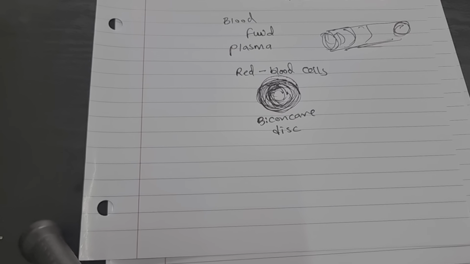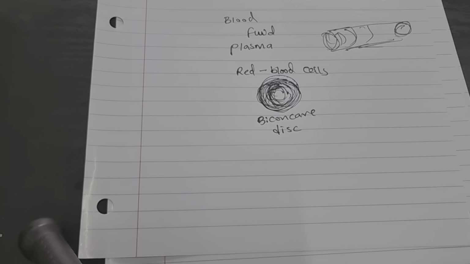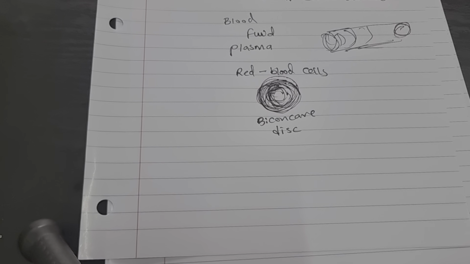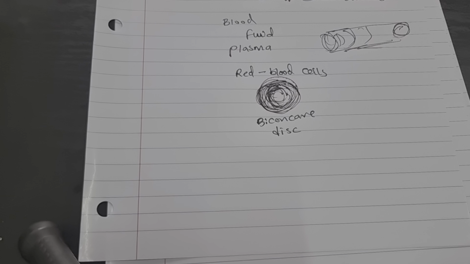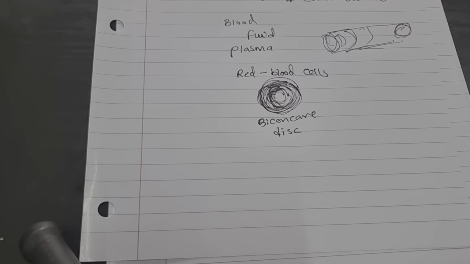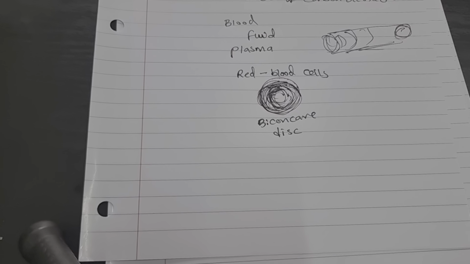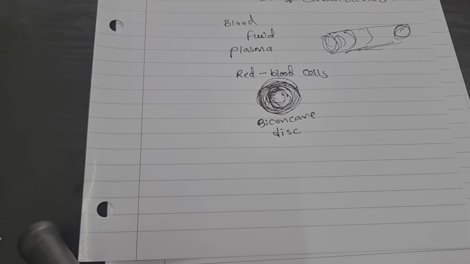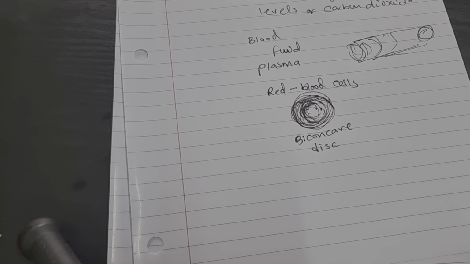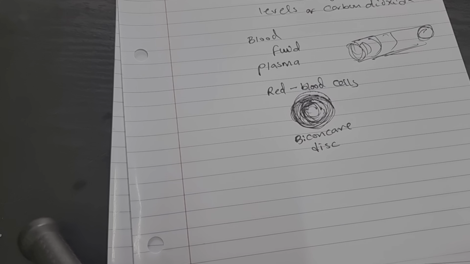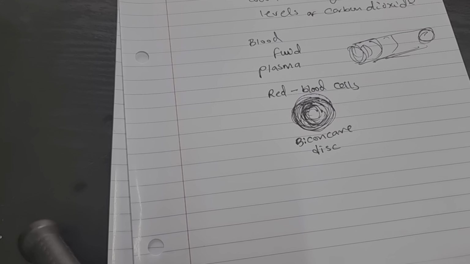My goodest friends, the function of red blood cells is to transport oxygen. It is to transport oxygen from the lungs to the body cells. That's the function, all right? The function of red blood cells is to transport oxygen from the lungs through the heart, okay, get that pressure